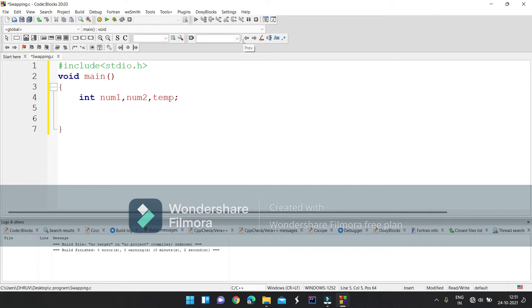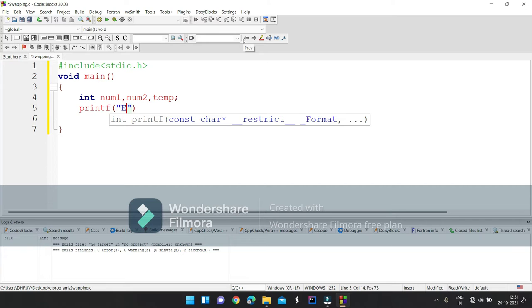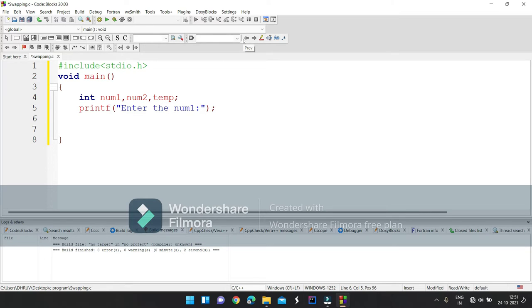Now we insert a printf function which will print "Enter the num1", and a scanf function which will read the value of num1, with the address operator &num1. We can say that it will take the number from the user.